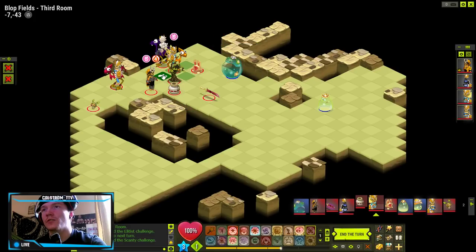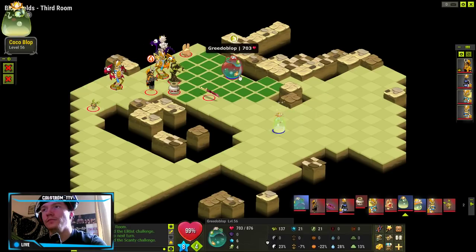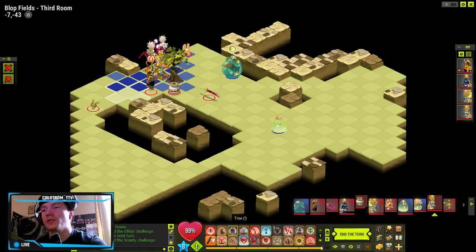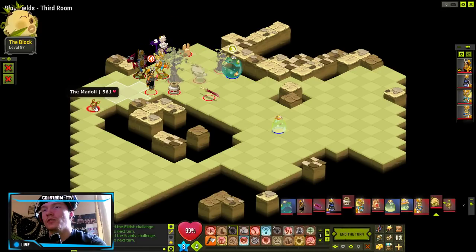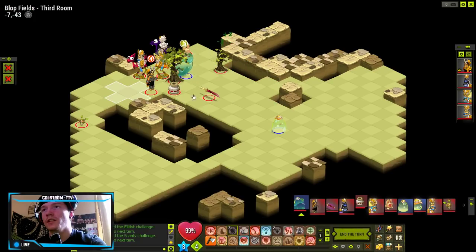As you can see, he lost 1 MP. And I'm going to summon another Coney there. This is where the Sedida comes really nice into play. If we summon a tree and a block, hopefully, there we go. So he's going to one-hit KO this, as you can see, and he actually gains MP